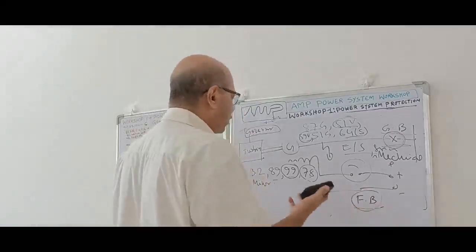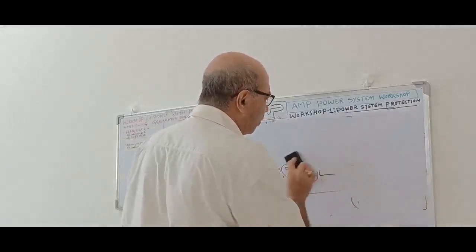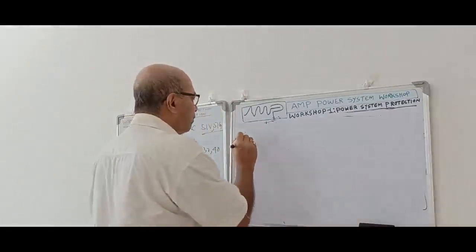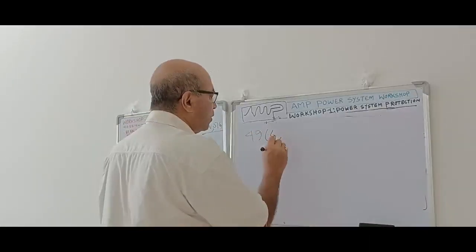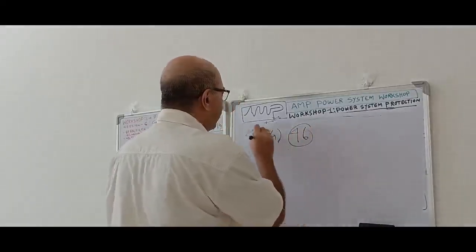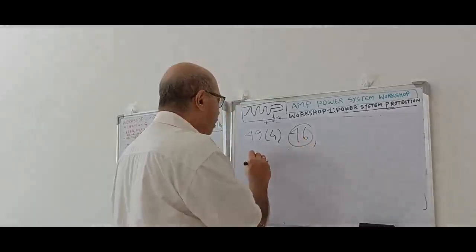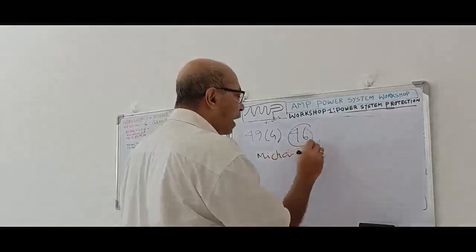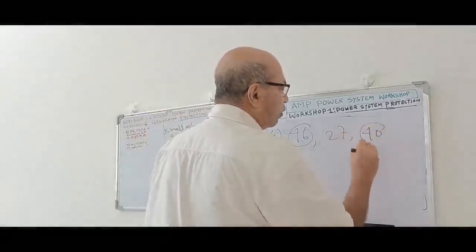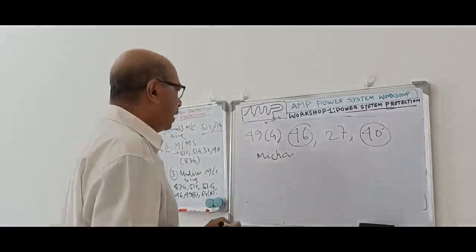But the rest of the protections, which are not very urgent, like your overcurrent. Overcurrent means over temperature. Over temperature is happening due to negative sequence 46 and 32, and 49G, then 46 negative sequence, then very minor mechanical issues. Then under voltage 27, then loss of excitation 40. In case of loss of excitation, what will happen? It will produce less voltage. So 27 is there for that purpose, and 49.